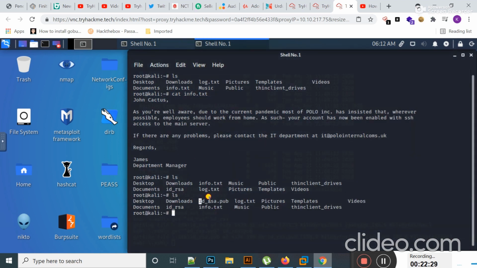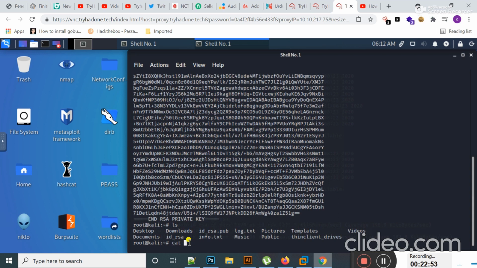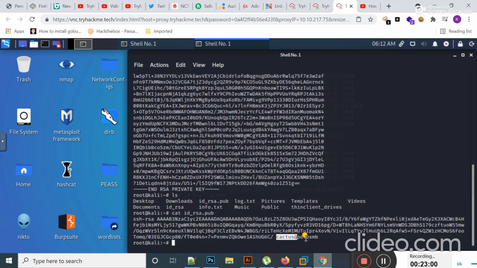Now I'm also going to copy the public key, that is id_rsa.pub. I type get, inverted commas and then id_rsa.pub, copy selection, paste here, and again paste and hit enter. So guys you can see, if I type ls and hit enter, now both keys are present here.